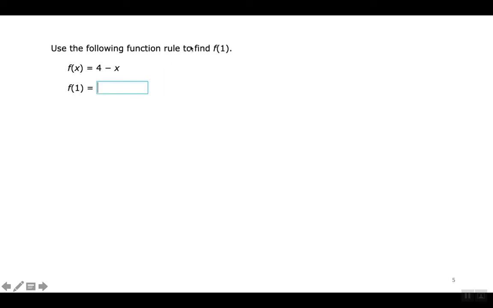Use the following function rule to find f of 1. All that means is that you're going to substitute for x, you're going to substitute number 1. Esto quiere decir que para x vamos a sustituir el número 1. Alright, so there's my function rule. If this is the function rule,